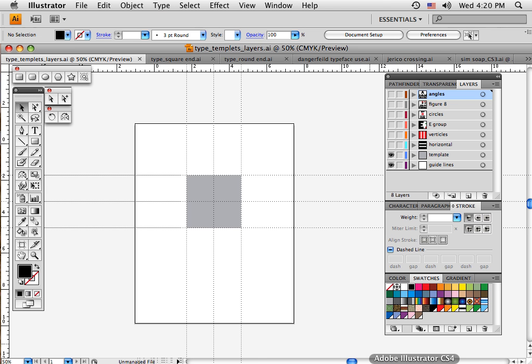I want to show you how type is created. Type comes in all kinds of different forms, thicknesses, and sizes. I want to show you a very simple type that is made in groups. To start off with, I've got layers here, with all the layers turned off right down